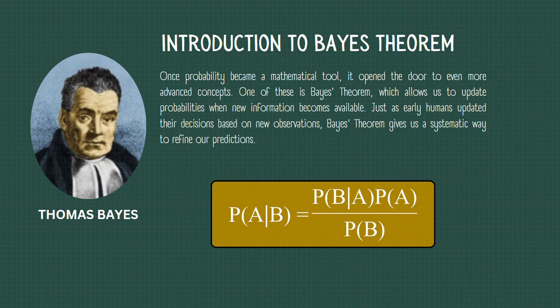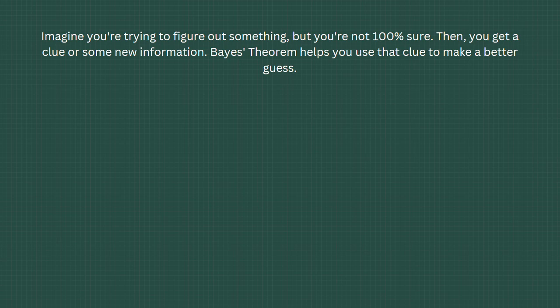Before diving into the formula, let's start with an example. What is Bayes theorem actually? Imagine you are trying to figure out something, but you are not 100% sure. Suppose we want to choose between two things, but we are not 100% sure. Suppose there will be head or tail. We are not 100% sure. It has a 50-50% chance of becoming either. And then we get a clue, like suppose while tossing the coin we got a clue that there is something on the head, something we could prove, and that makes Bayes theorem.